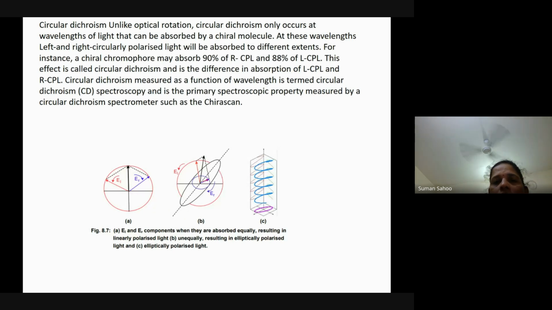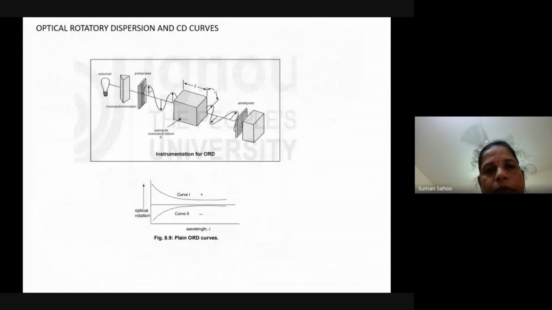In circular dichroism, this is measured as a function of wavelength, in terms of absorbance: the difference in absorbance of right circularly polarized light and left circularly polarized light versus wavelength. That is known as circular dichroism spectroscopy. We do not have to go into great detail about these spectroscopic techniques because we just need the application part. So in the case of optical rotatory dispersion and CD curves, we can have